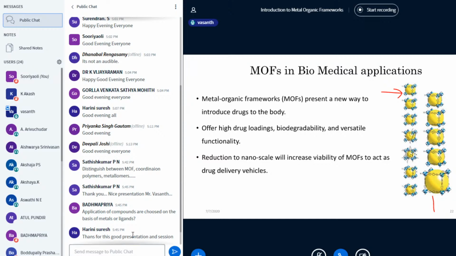Whereas for the ligands, if we have to choose for a biomedical application, they have to be toxic free. Like, it has to get rid of DMF. It shouldn't contain a lot of sulfur or nitrogen molecules. So the toxicity of the ligands has to be taken into account when we use it for a biomedical application. The toxicity of metals also has to be taken into account. But I think it is the balance of both that has to be accounted for.